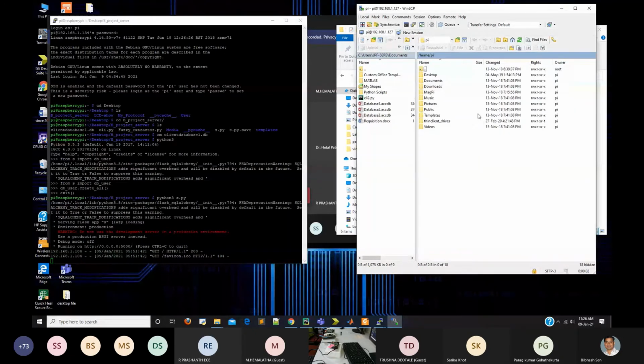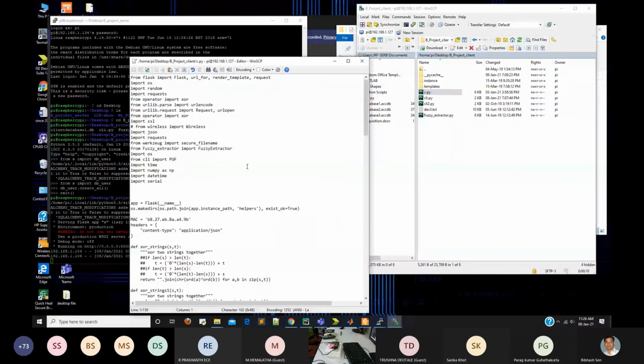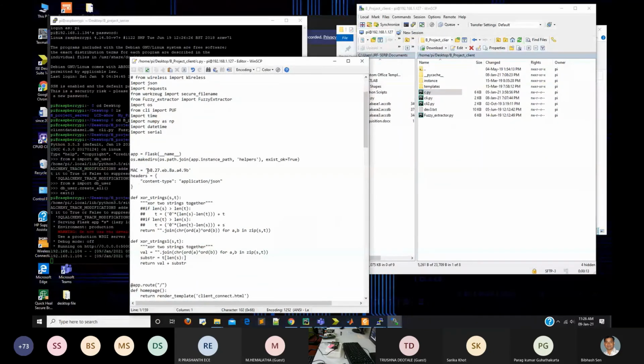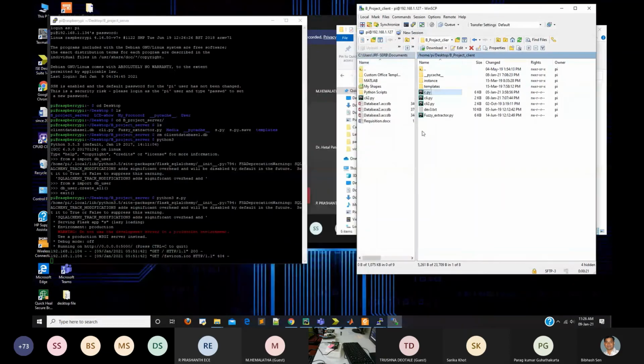Yes, so we got the remote access of the files. So I will go to the folder, and here, this is the MAC. Actually, we have written it manually, but you can also put in the MAC; that will not be a problem. So now I will enter it as the MAC ID. So it is entered. Okay, done.